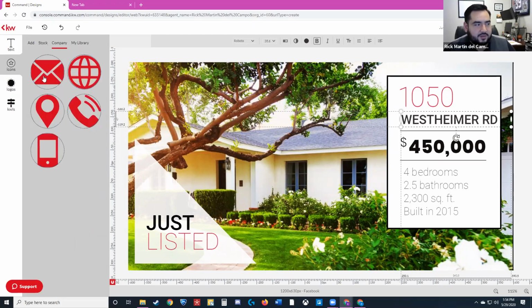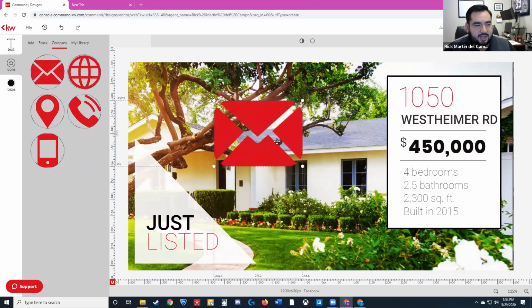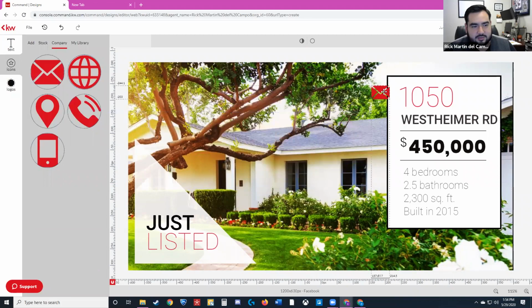You just click, it brings them in, and you can resize them. And you can put these next to, like, if this were an email address, you would put them here. And it creates a little graphic. By the way, when you see me delete items, I'm just clicking on them and hitting the delete button on my keyboard. Or you can also use the trash button here where it says remove. I know I'm going pretty quickly through that, but that's what the icons are.